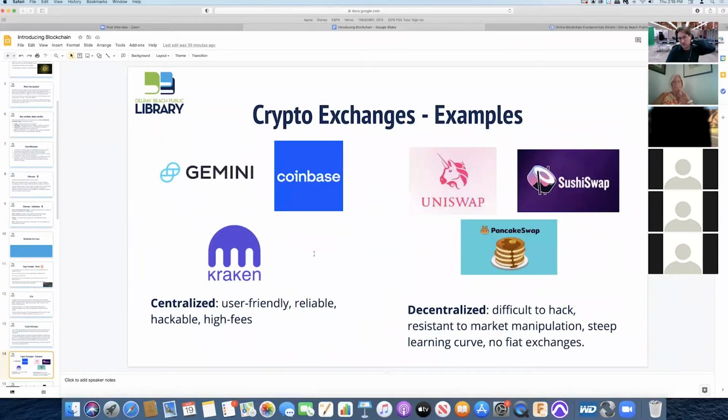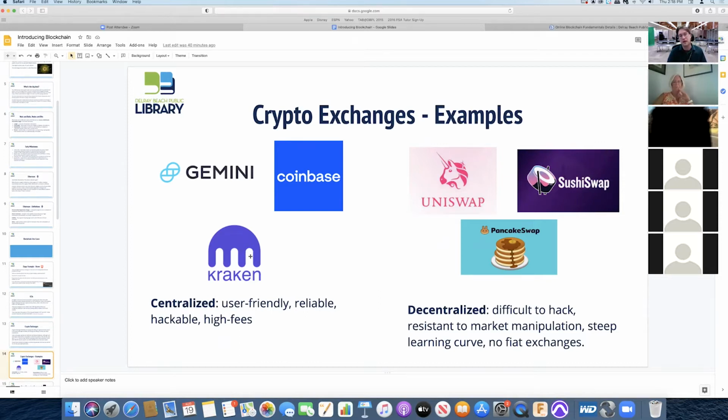So crypto exchange examples, centralized ones include Coinbase, probably the most popular one in the news all the time. It's now been released as a publicly traded company as well. You also have Gemini, which was set up by the Winklevoss twins, who were some of the original creators of Facebook. And then Kraken is another popular